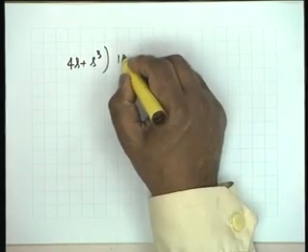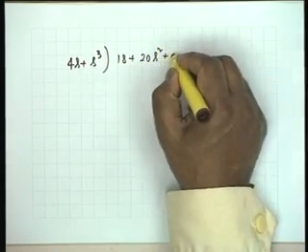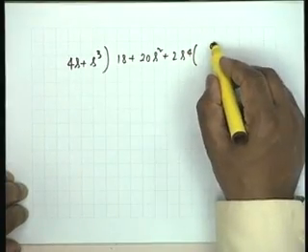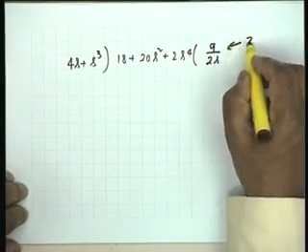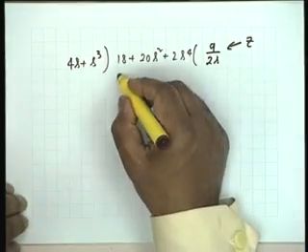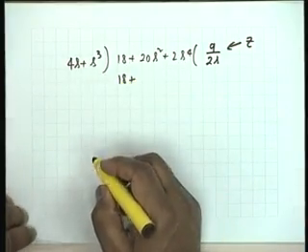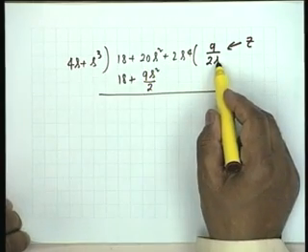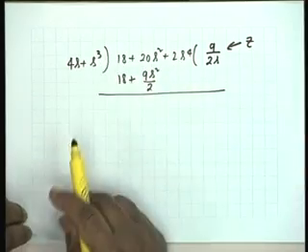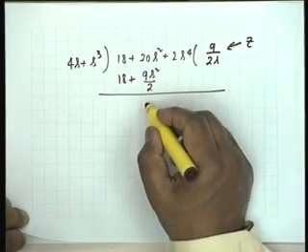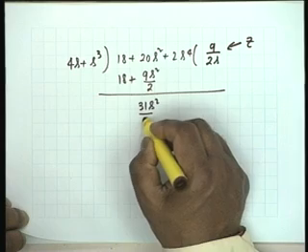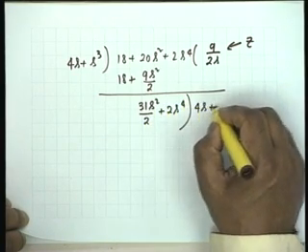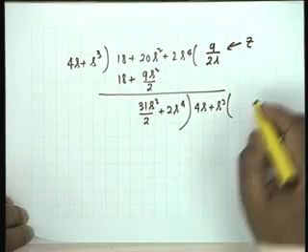4s plus s cubed into 18 plus 20s squared plus 2s to the fourth. The first quotient is 18 by 4s, which is 9 by 2s, and the dimension is impedance. I get 18 plus, what do I get here? 9 s squared by 2. You must not forget the power, s and s cubed, so s squared by 2. This would be 40 minus 9, that is 31 s squared by 2 plus 2 s to the fourth. This divides 4s plus s cubed, and I get